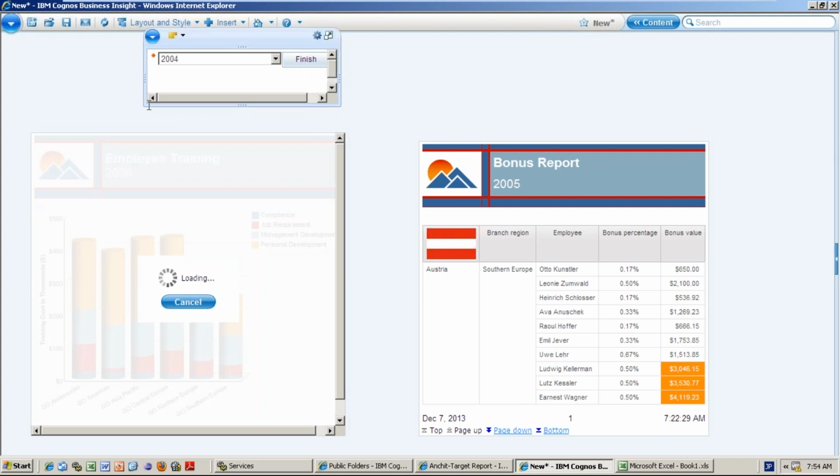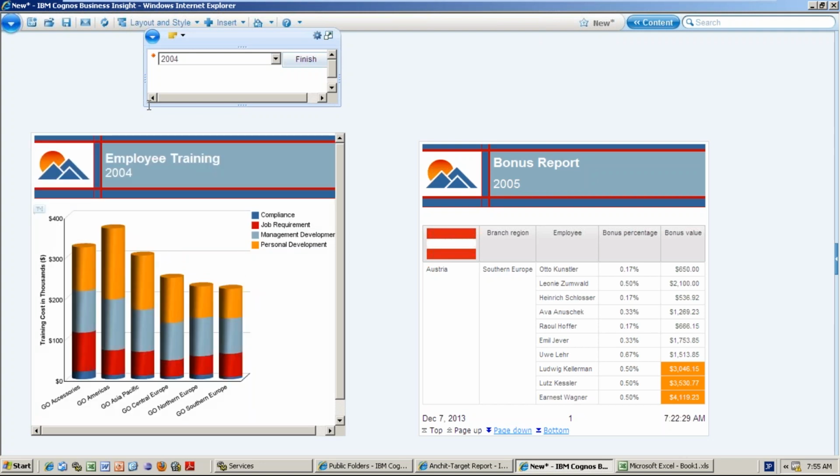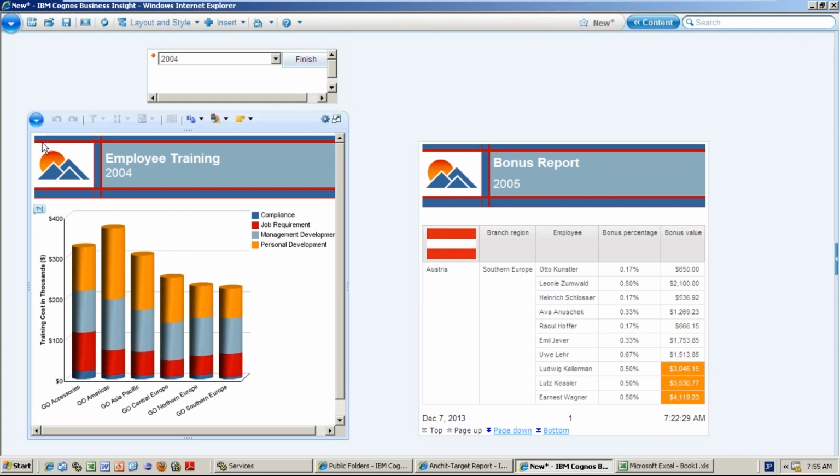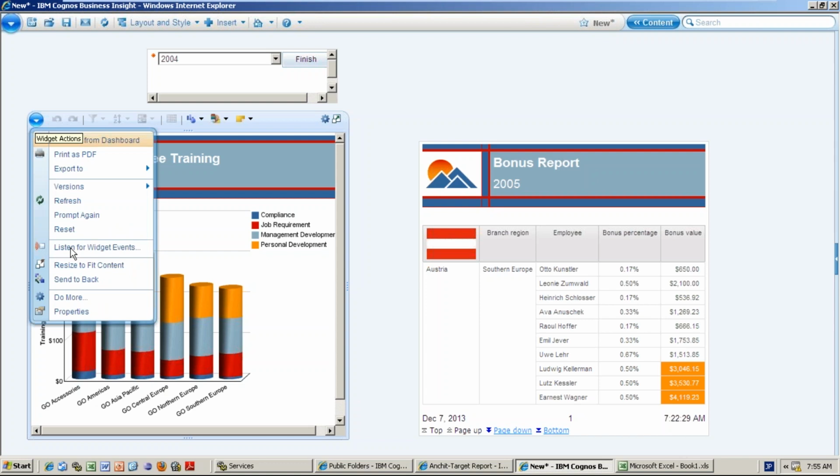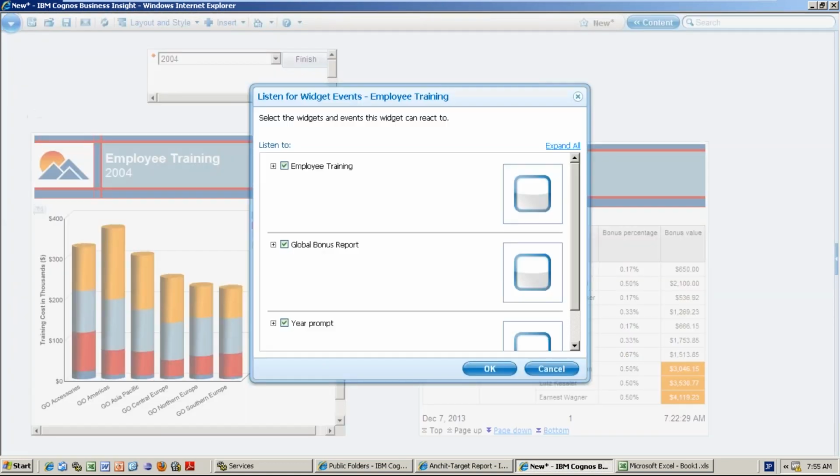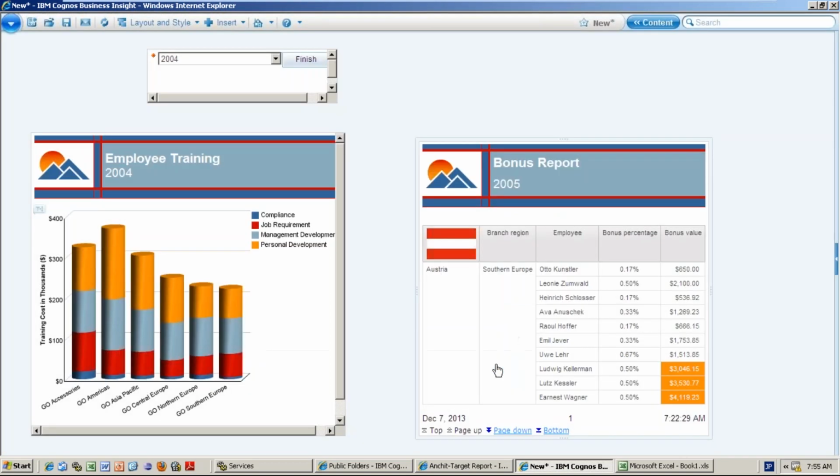If you want that case, what I can do is I don't want to listen from that report. So if you double click here, widget means each widget, each report property will come here, and listen for widget. Listen means I don't want to listen from this year prompt, right? I'm unchecking that.